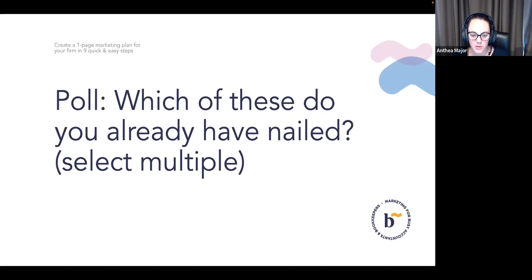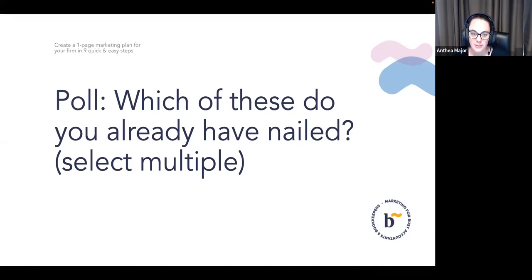So there's quite a few options on screen here. Do you have an ideal prospect worked out and their pain points? Do you have your messaging, so how you solve those pain points? Prospect map, that's knowing where they go to hang out, what you do to turn those prospects into leads, nurture them, turn them into clients, how you keep customers happy. I'm seeing this is quite strong initially from your results, and I tend to agree with that from what I hear. Then how you get more sales from existing clients, and how you get clients to give referrals, or none of the above is an option as well at the very bottom.